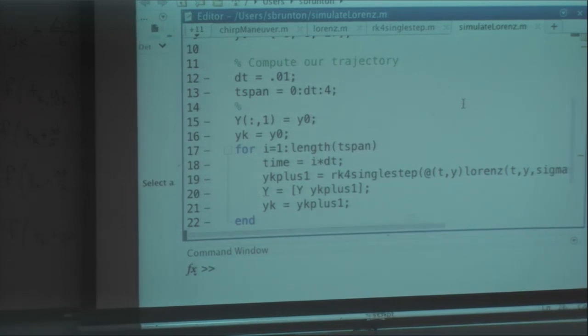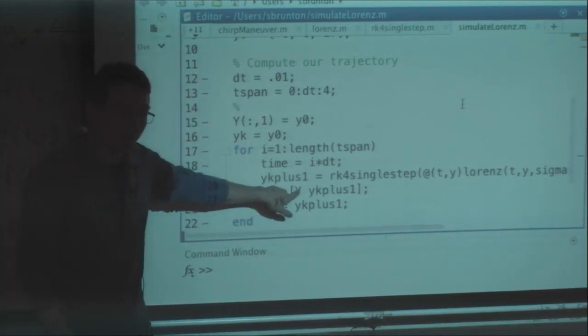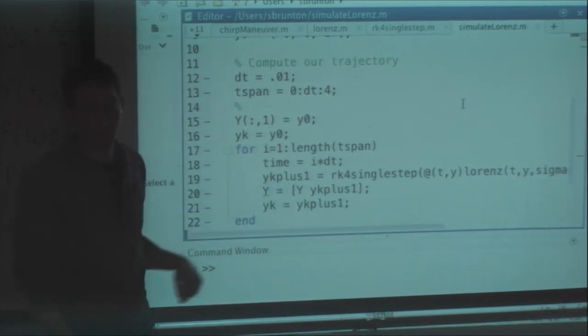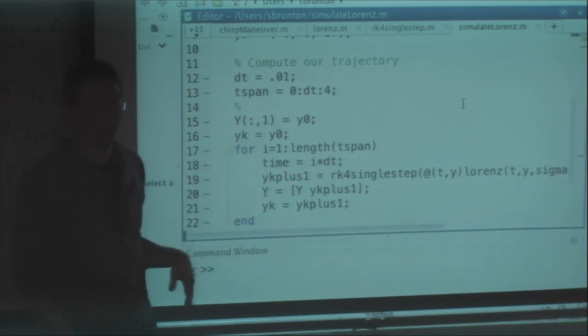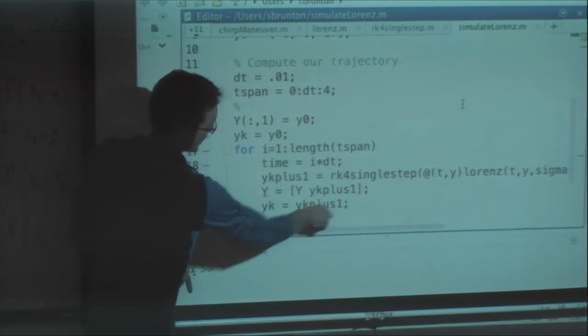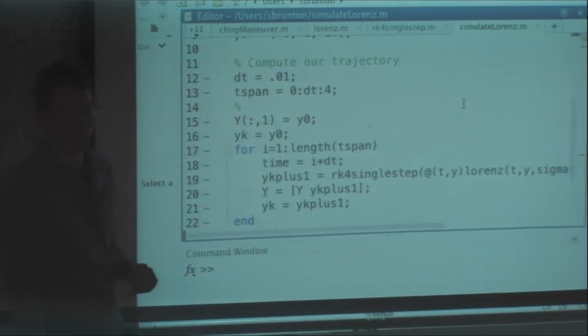Yeah. Where did we define the size of the matrix capital Y? I didn't. So this is a terribly abusive MATLAB thing you can do where I am dynamically making Y bigger and bigger and bigger. I never told MATLAB what size Y is. This is bad code because every time I'm having to copy this into a new Y. So this is actually slow. But I'll show you more about that later. Okay?